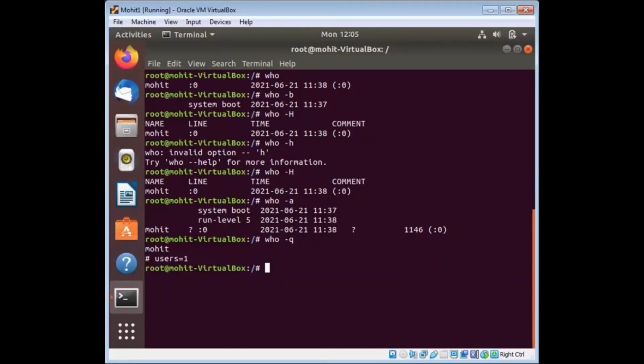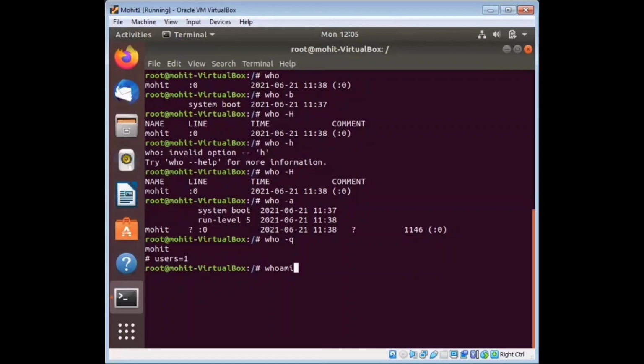So this is all about the who command: who minus b, who minus capital H, who minus a, who minus q. Next command is whoami. This is another command which will show you the effective user ID.